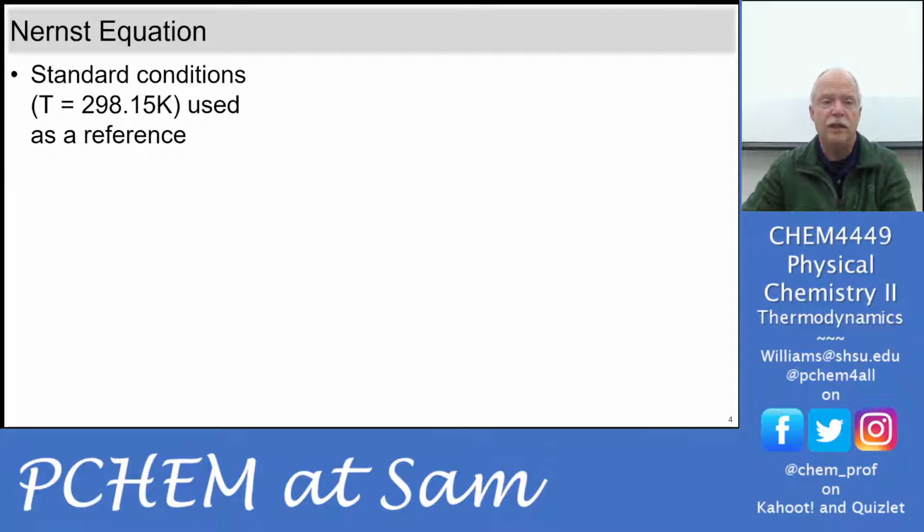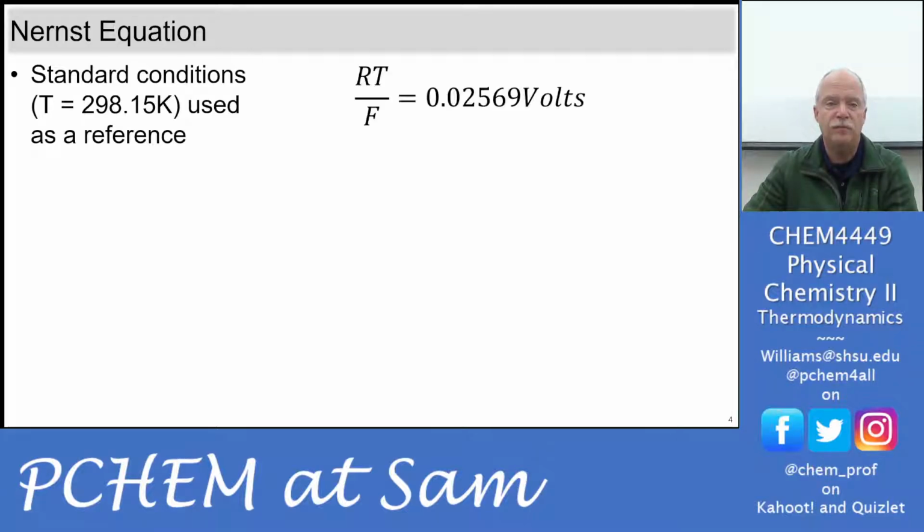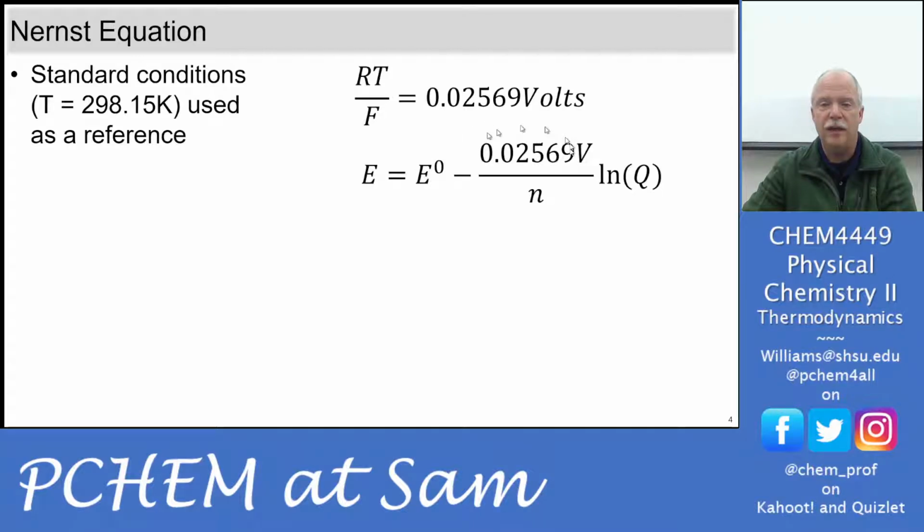So again, standard conditions, we're using 25C, which is 298.15 Kelvin. And we put that RT over F. This is our little constant, 0.02569 volts. And then you can put that into the natural log equation,